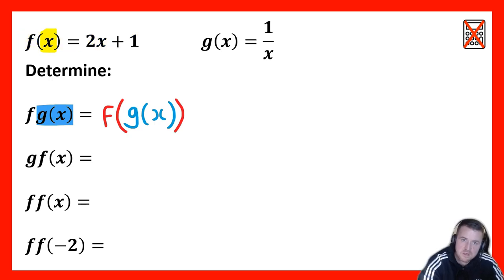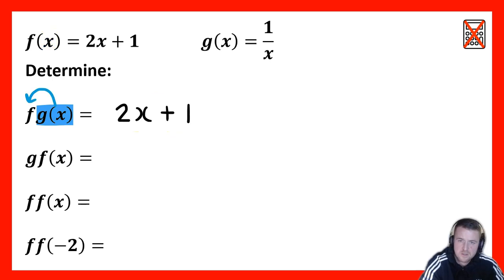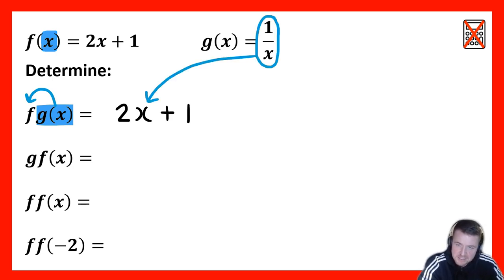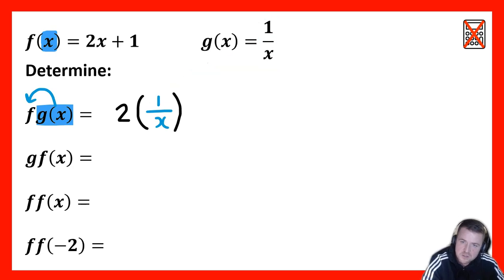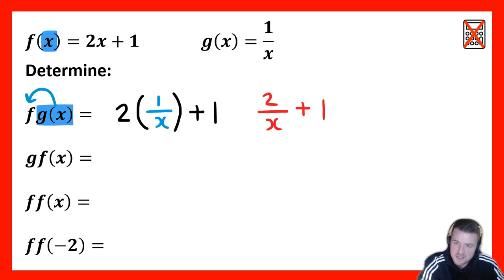2x plus 1. And you can see inside the bracket where we have x, this is going to be replaced or substituted with the function g of x. So starting with 2x plus 1, replacing x for the function g of x, we'll substitute 1 over x in place of x, giving us 2 lots of 1 over x plus 1, and simplifying this will give me 2